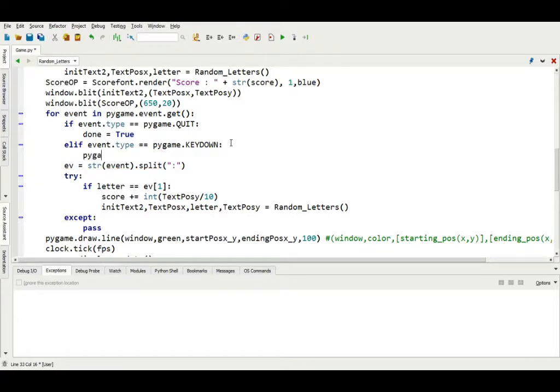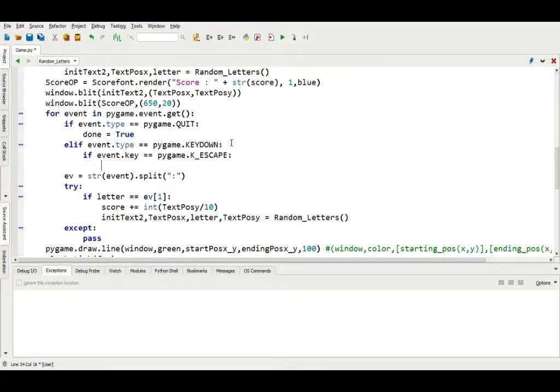Now if event.key is equal to pygame.K_ESCAPE, I think it's escape, yeah, okay, escape, then print